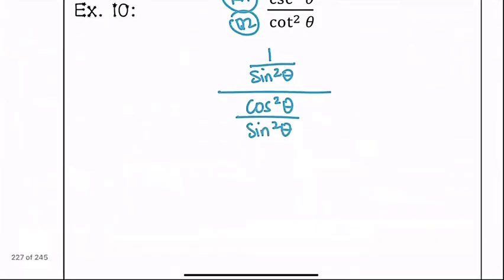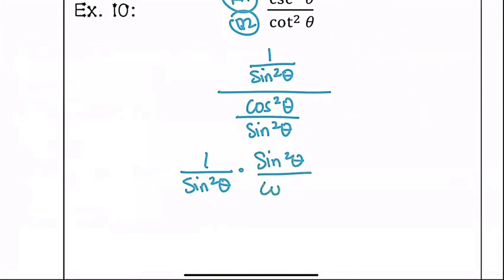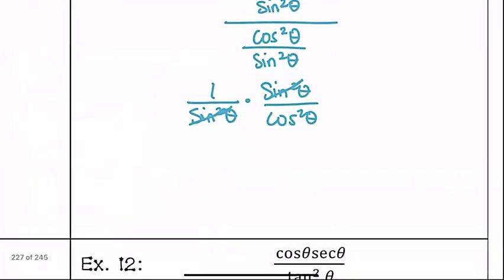I am divided by a fraction, so I'll keep the top, change to multiply, and then flip the bottom. I'm just going to simplify where I can. I have a sine squared on top and a sine squared on the bottom. So I'd be able to cancel out both, right? Both sines on top and bottom, because I have 2 sines on top and 2 sines on the bottom. And then when I simplify from there, I get 1 on top and cosine